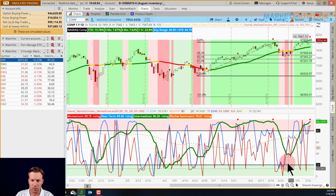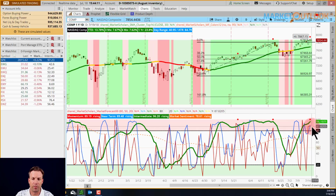And you can see its near-term posture, its short-term sentiment, has been above 50. The near-term line, in blue, has been above 50 for 1, 2, 3, 4, 5, 6, 7, 8, 9, 10, 11, 12 days now. So pretty decent expectation we get a short-term run. I would expect probably by the end of the week, we've got 2 more days left, that the near-term line